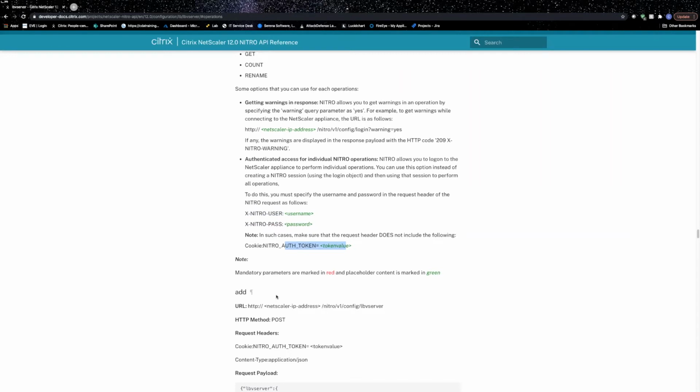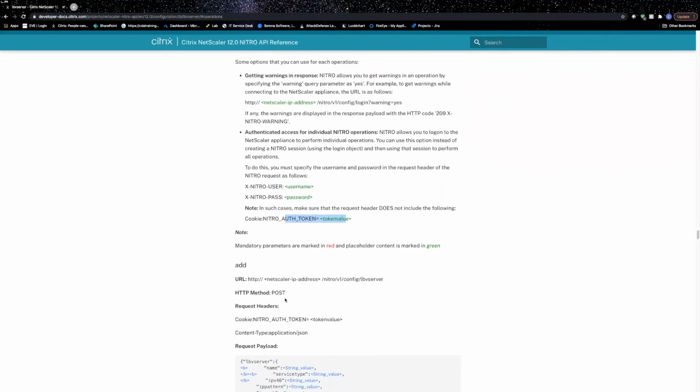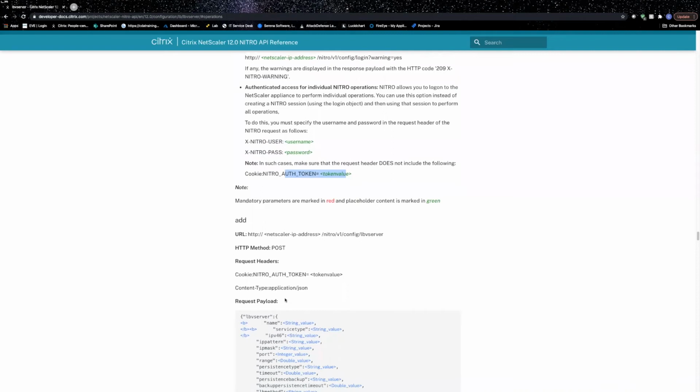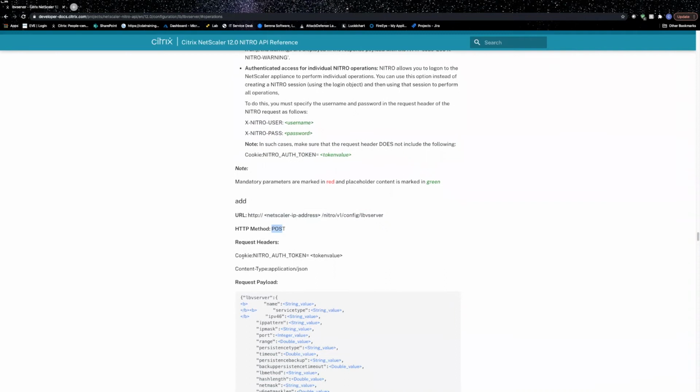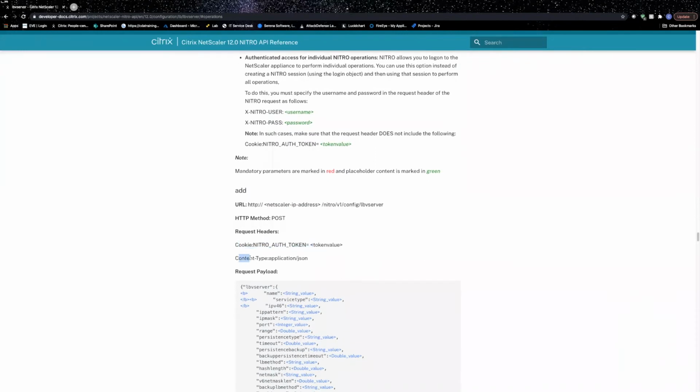Once we get through the authentication methods, we can go ahead and get into each one of the actions. So the first one is add. This would be the URL that we are going to send the request to. It is of method POST, and it requires a couple headers. Their example is for the cookie for authentication, and then you also need a content type application/JSON